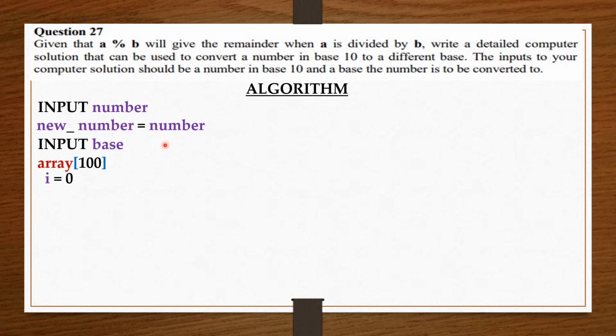Now, when you are converting a number in base 10 to a different base manually, you will create a table. Then on the table, the first column is going to be the base. The second column is going to be the number itself. And the third column is going to be the remainder column. Now, you are going to be dividing the number by the base. And anytime you divide the number by the base, you write the remainder. Now you keep dividing the number by the base and you keep writing the remainder until you divide and the